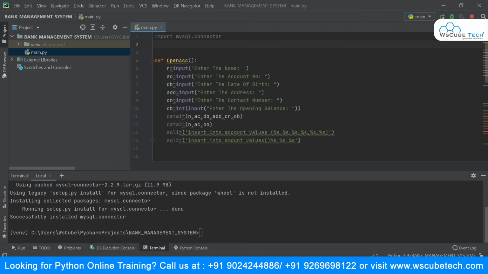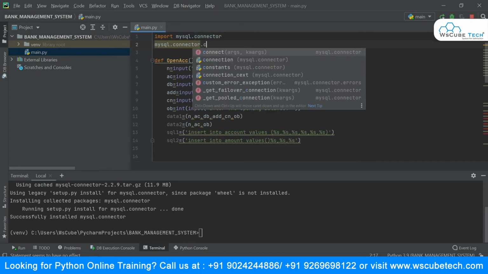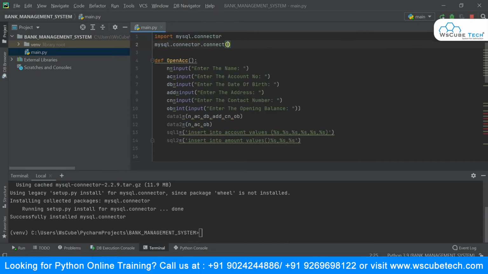Once done, our next step is to make use of the connect method. So I will say mysql.connector.connect, and inside this I will pass the arguments that we were doing in our entire Python database connectivity tutorials.